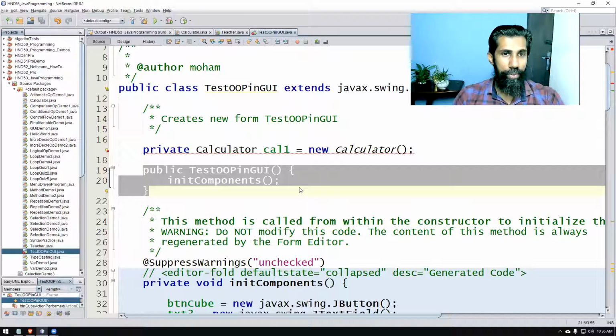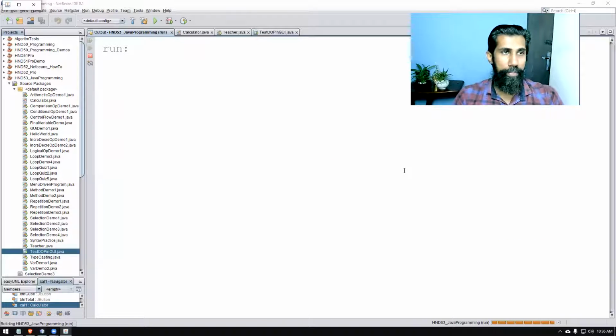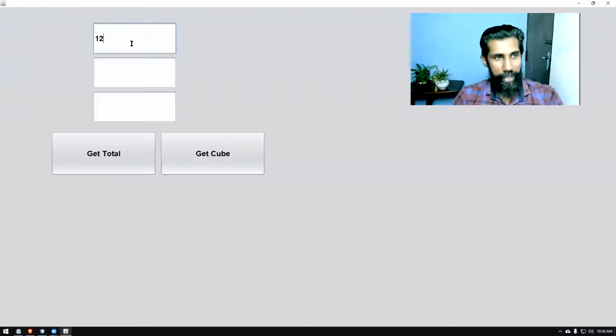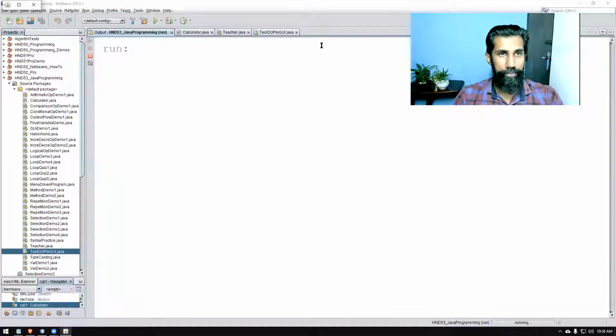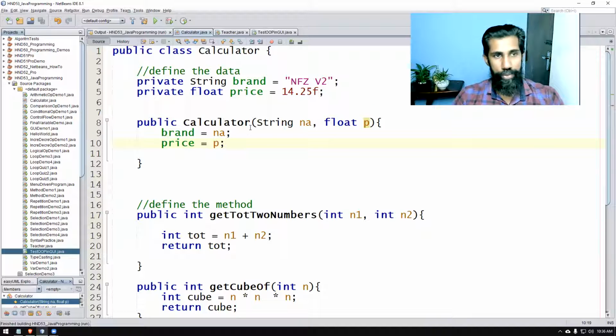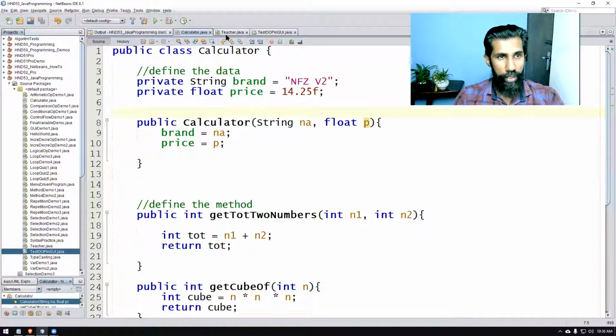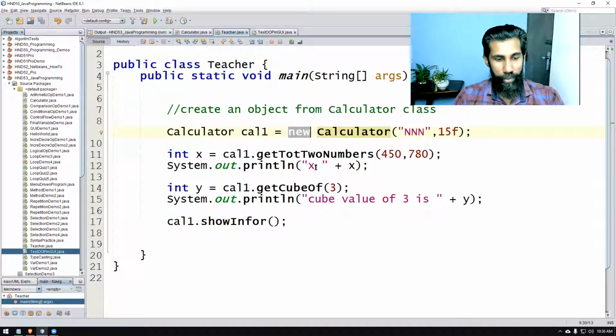Okay. Here also, when you are creating the object, you need to pass something. Let's type ABC, brand name is ABC. And here we can type a price like, let's say $100. So actually we are not using that one anywhere. In the GUI program, we are not using the price and other things. Only we are performing calculations. Okay, right. Hope you understand that, right? That is the constructor method. So if you provide a constructor method, it is the very first method called when you create an object. When you create an object, okay.